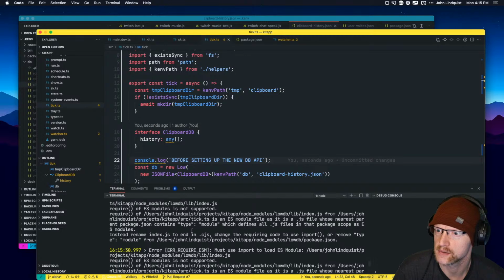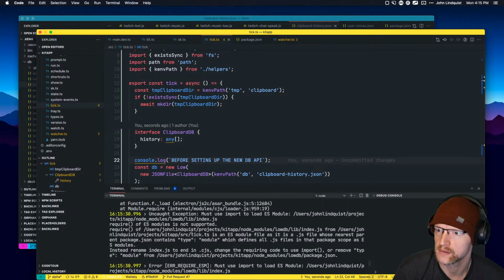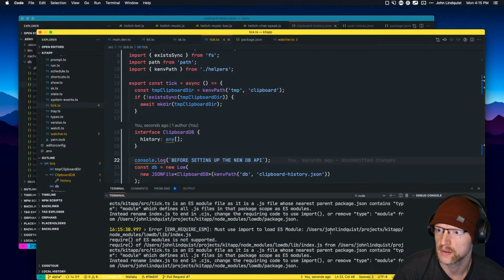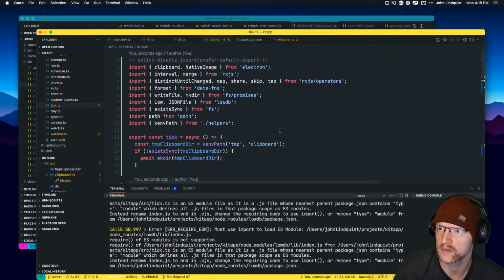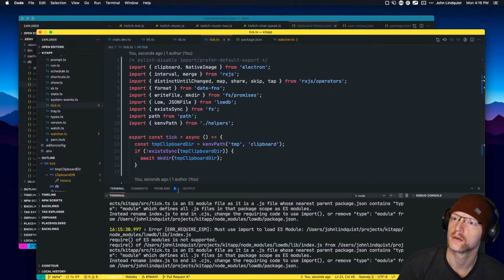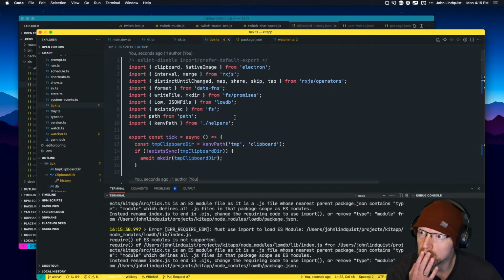Let's see. Where am I not using import? Oh, so this is